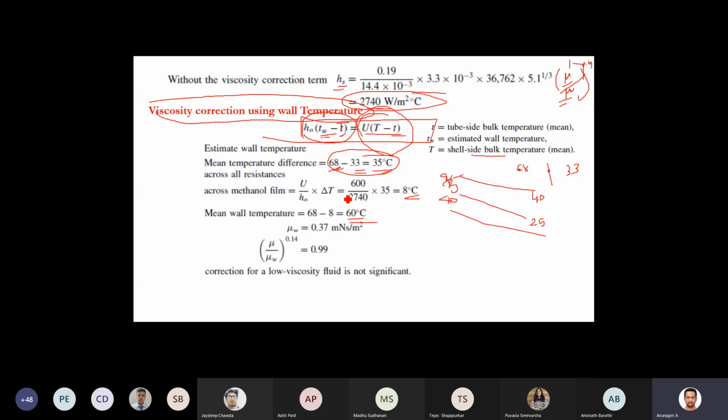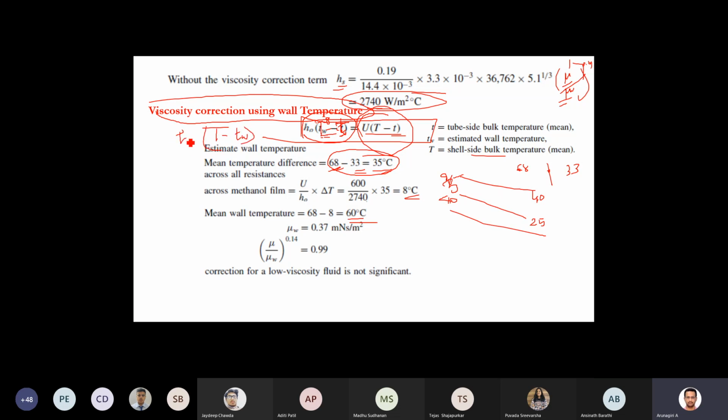So this is the wall temperature. This is small t, correct, small t only. U by h naught, T is your value, 68, this is 33. So this is your T wall minus... So what happens? So this is equal to 8. Okay. Sorry, you can say TW minus T, or T minus TW. This is another way, T minus TW. The equation will be T minus